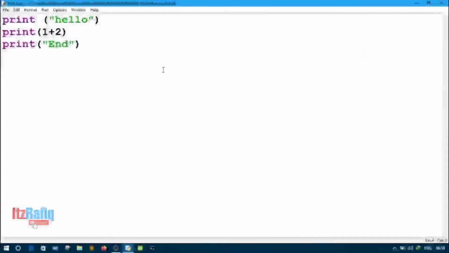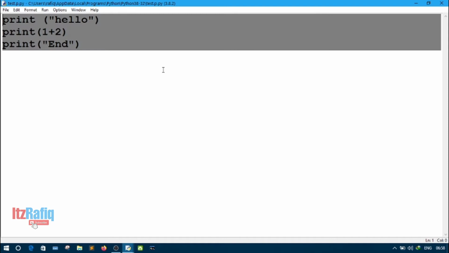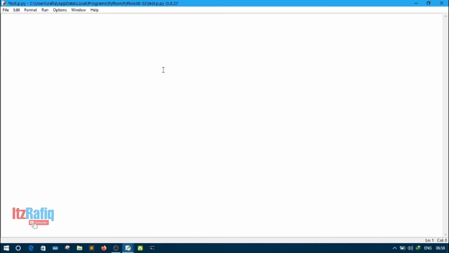Now let's have one example. Suppose I want to check a user's age. If the user's age is above 18 years, then he can enter the program. If he is below 18 years, then he is not allowed, and the program will directly transfer to the next statement. So first we will take a variable age, and I'll take the value of age from the user. So age equal input,